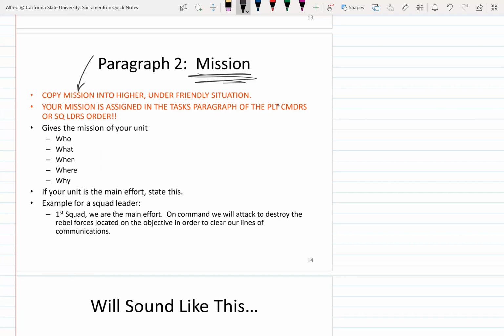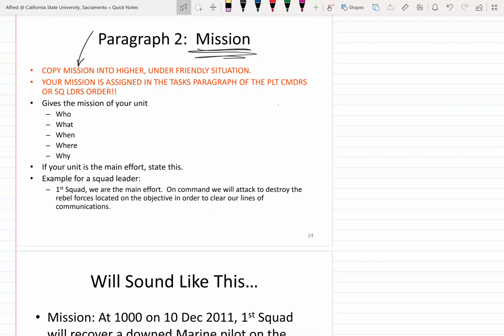So there's a little bit of leapfrogging when it comes to writing this op order. Let's see. Yeah, it goes under friendly situation. Your mission comes later on. But overall, when you're writing the mission, it comes in a certain format. It goes who, what, when, where, why. You're always covering the bases, the 5 W's, and the why always comes last, and it's the most important part